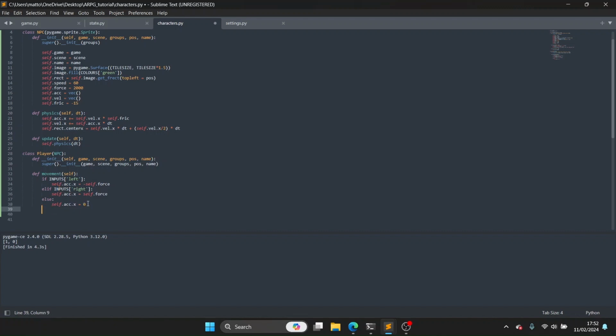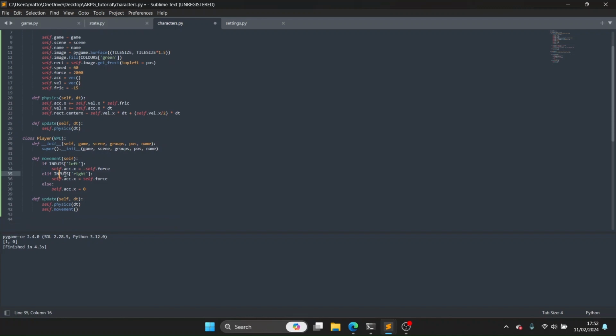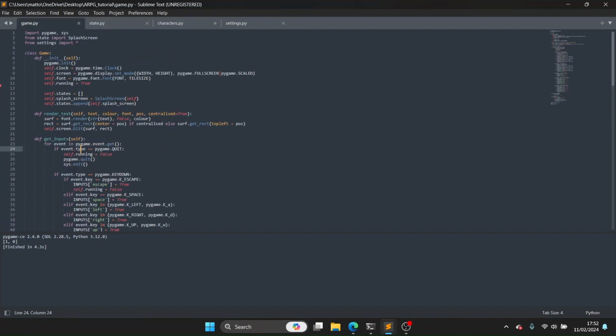So let's try this. First, we need to add this into the update method of the player. We need to add physics dt. This wouldn't naturally have the movement method, because we've put it in the player class. So we've got to override the update method for the player, give it its own update method. We're going to put physics in there, and we're also going to put movement. And then it should do these as well. So now if we run the game,